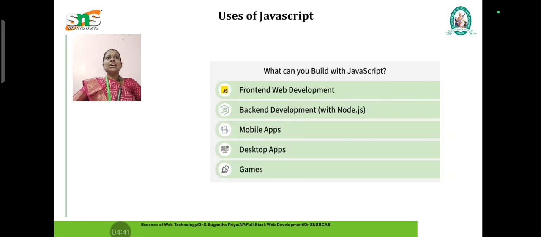Next, we will discuss the uses of JavaScript. The icons here represent a wide range of uses of JavaScript in today's technology world. The browser icon highlights its use in creating interactive web pages, validating forms, animating elements, and handling user inputs. The server icon points to backend development using Node.js, where JavaScript manages data, APIs, and databases. The mobile phone symbol represents mobile app creation with React Native and Ionic, which use JavaScript to build